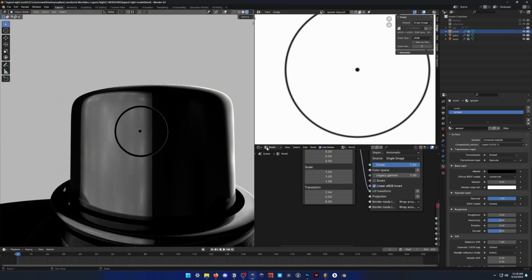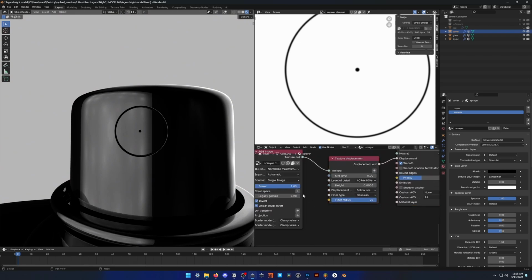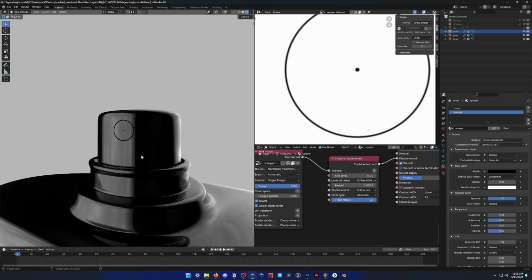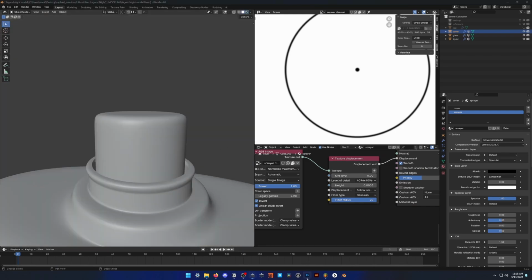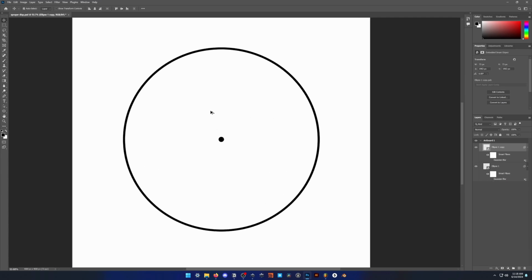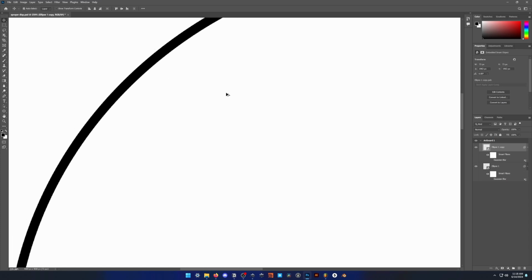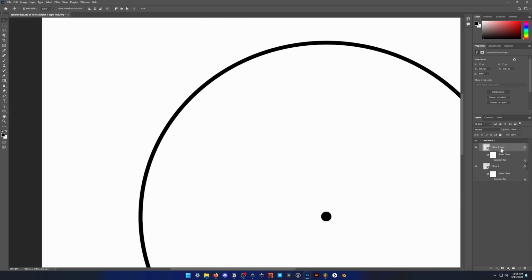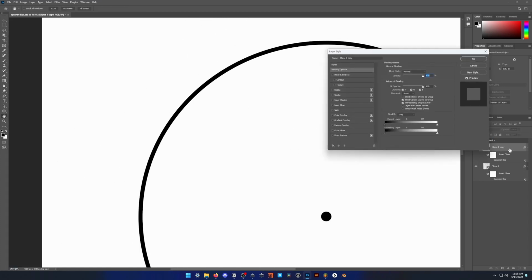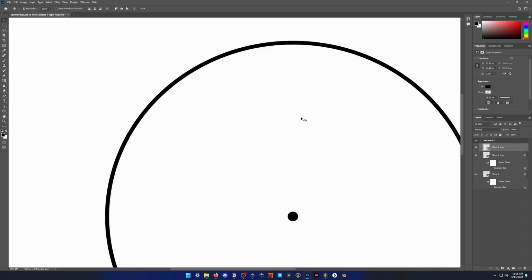Let's maybe give it a little more blurring. We're actually at the max already. Yeah, I think this looks fine. So now what we need is to go back to Photoshop, and let's get rid of the blur. We're going to need a circle that goes from here all the way in. So let's come in here and, whoops, copy the circle, paste it back,